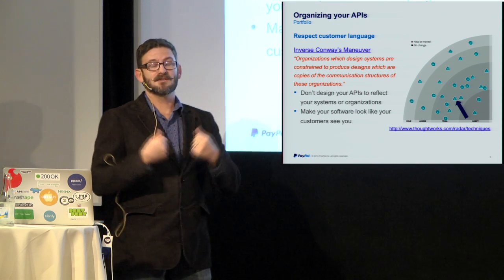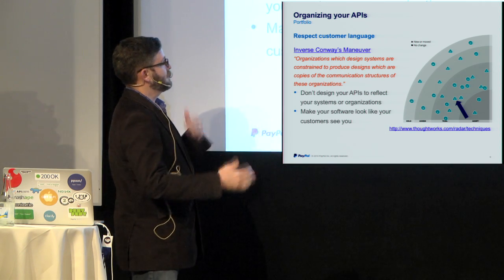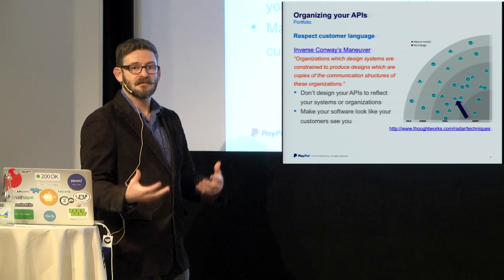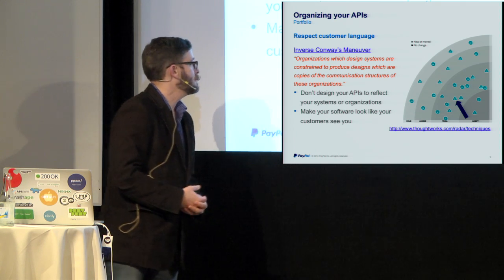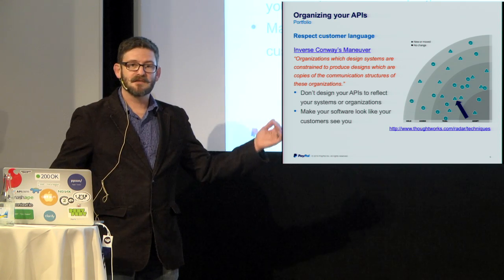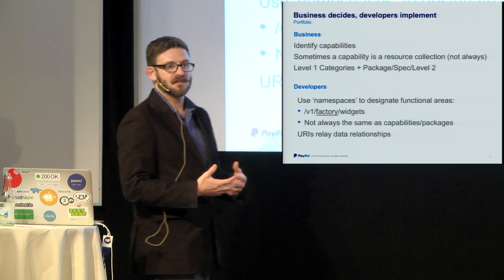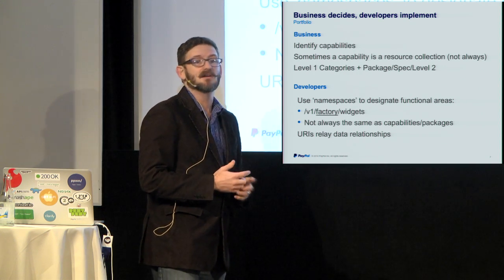It sort of looks like your organizations or your underlying systems. The idea here is we're going to flip that on its head. We don't really want the APIs to look like the systems that they're built on. We want the APIs to look like the product that our customers see. So this is kind of a perspective that pervades everything we do. And to me, it's a fascinating experiment to see what that does at something at this scale.